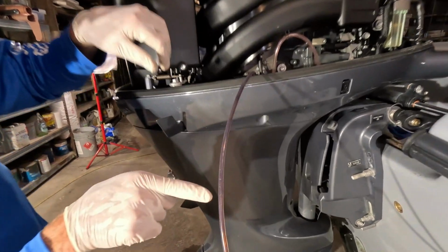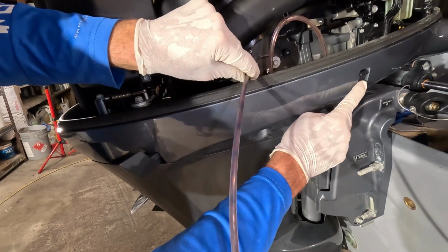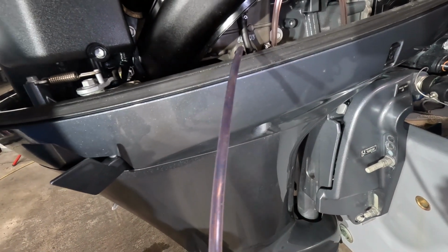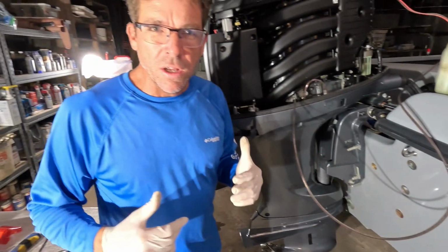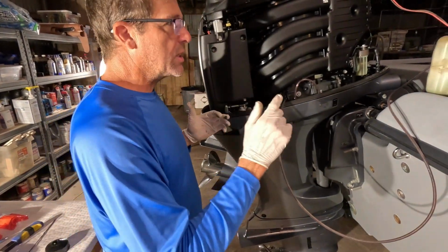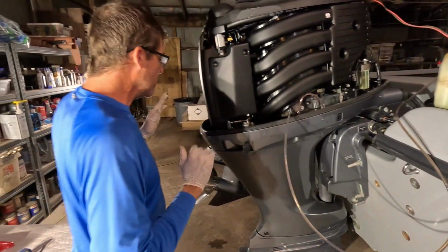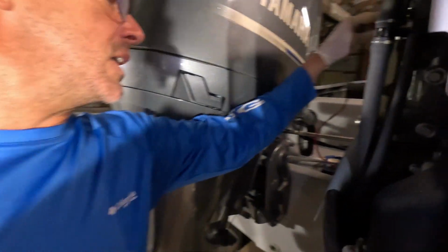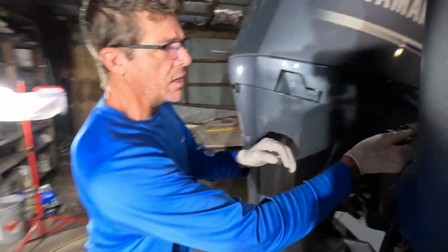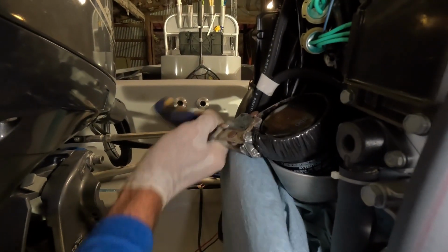So now you can see we've got nearly all of it. Want to make sure we've got absolutely 100% out of there. I'm pretty confident we do. I'm going to stop here in just a second. It's got a little switch right on the bottom of this thing. So those are incredibly handy. I want to go ahead and pull the little electrical leads off of there. And I know it's kind of tight in there, folks, but this little filter wrench, I've already cracked that one loose, but basically you're going to be able to grab it and spin this thing